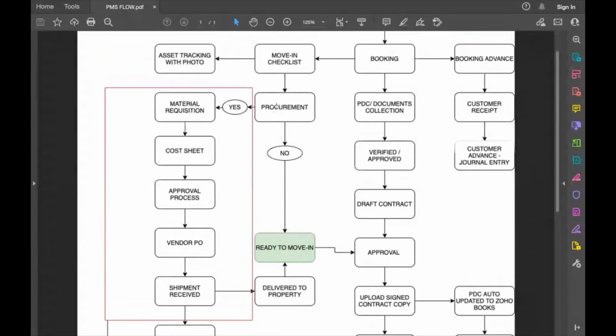So if you look at it in this particular flow, we have three different directions. One, a move-in checklist; another one, the booking; and the next one is the documentation. So these two areas, of course, booking, you get it from the client, and the PDC and the documentation that you collect are handled with the client. And this particular area here will be completely handled using your internal team.